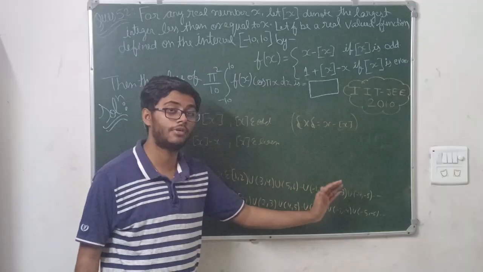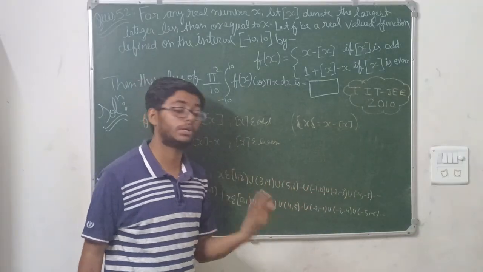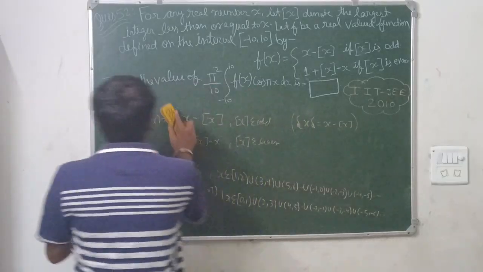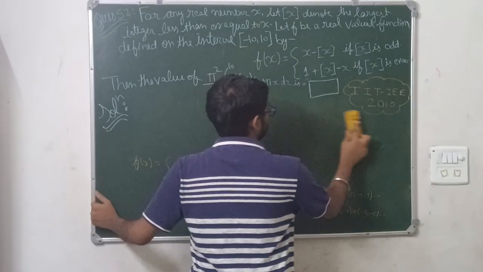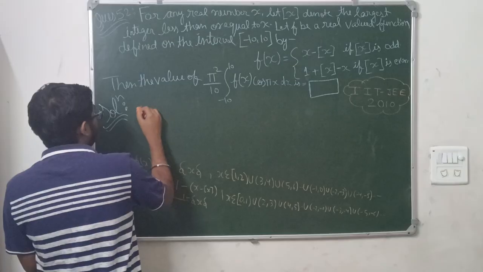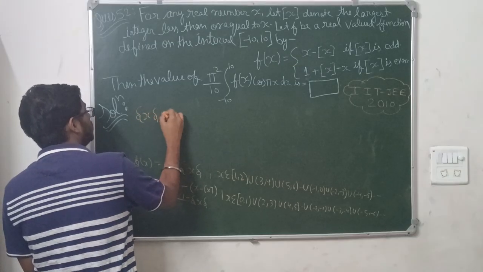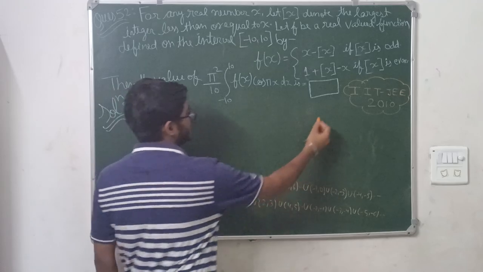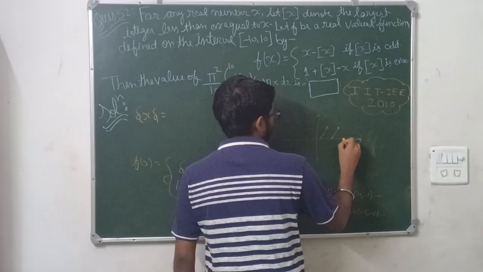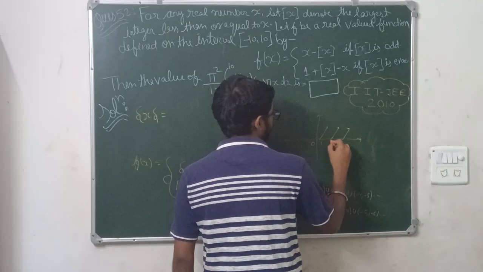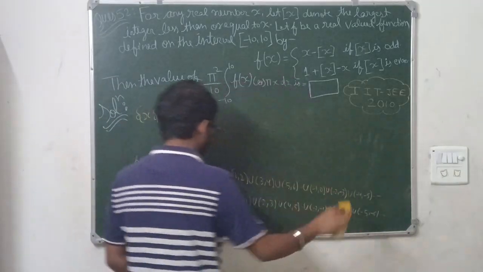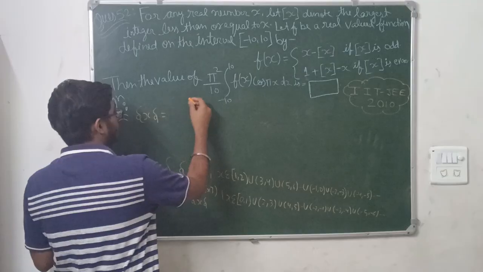Now, why have we written the intervals? Because we need to plot the graph of these two functions. So let us draw the graph. You can draw the graph of the fractional part of x very easily. How is the fractional part of x graph? It is like this only. If this is the axis, it is discontinuous at the integers; if this is 0, this is 1, 2, 3, it goes like this. In the same way, using these intervals, you can draw the graph. So for the first one, you can draw like this.